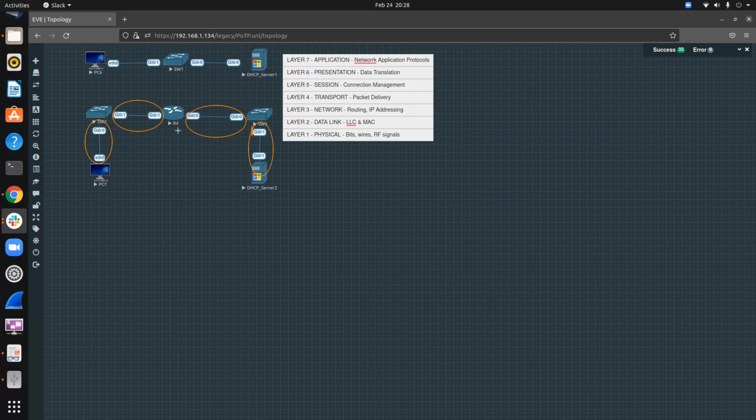The router. Routers, their specific job is to separate networks and route packets at a layer 3 level or boundary. With that being said, each port on a router is a broadcast domain. So if this neighborhood is Claude's neighborhood, and this is my neighborhood,